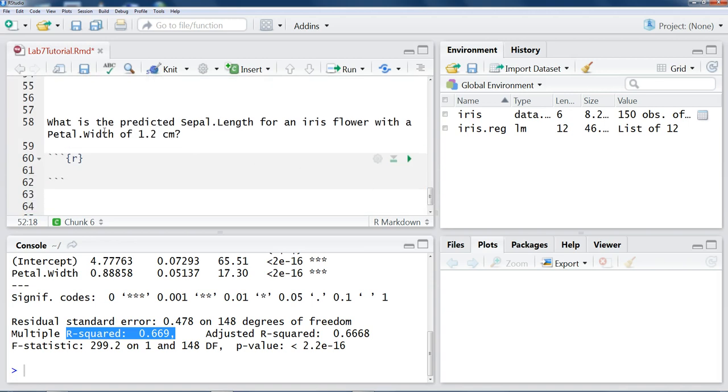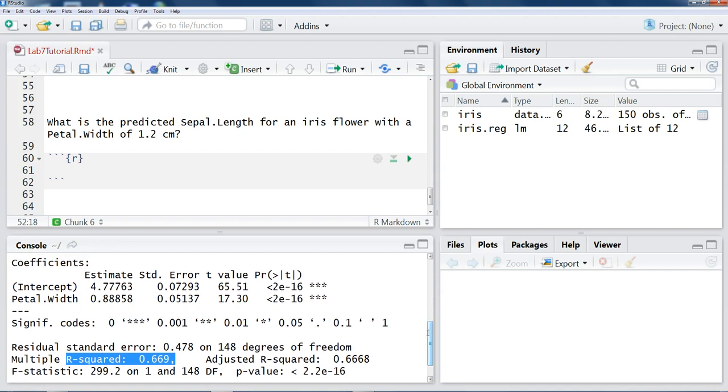Next I want to know what the predicted sepal length is for an iris flower with a petal width of 1.2 centimeters. In this case, we can use the coefficients that were found for our example and write some R code to predict the sepal length. To do this, we're going to use the equation beta 0 plus beta 1 times x is equal to our y value, in this case sepal length. Here, I'm just going to look at my R output and type those values into my R code. The intercept is